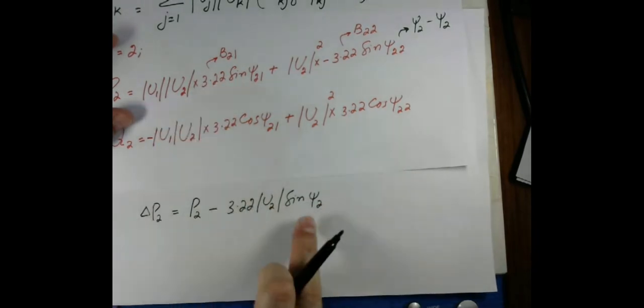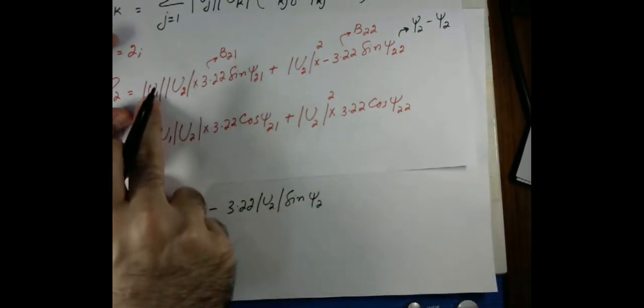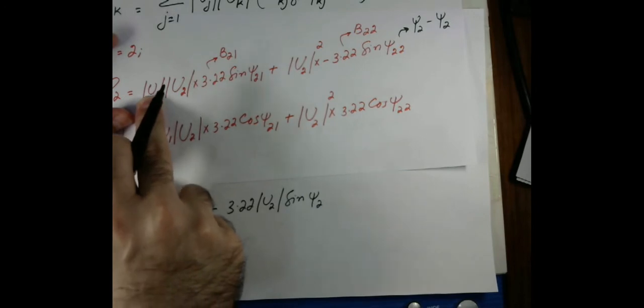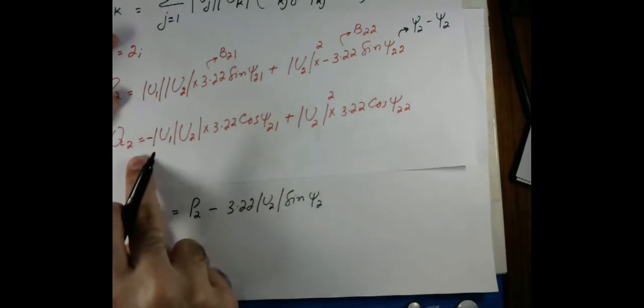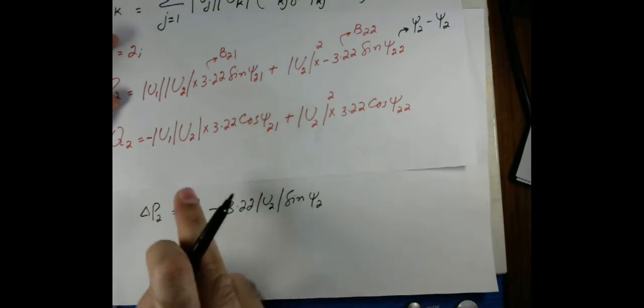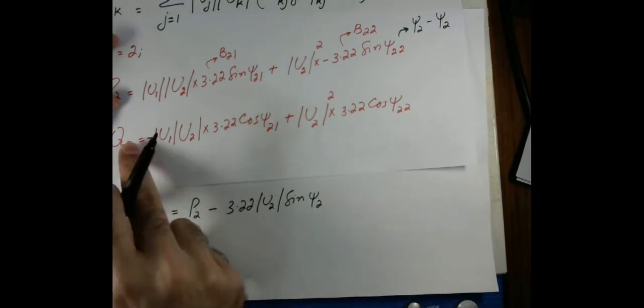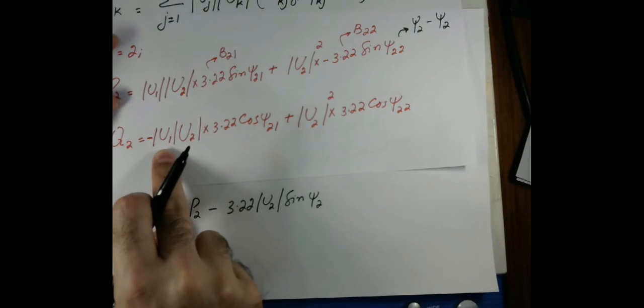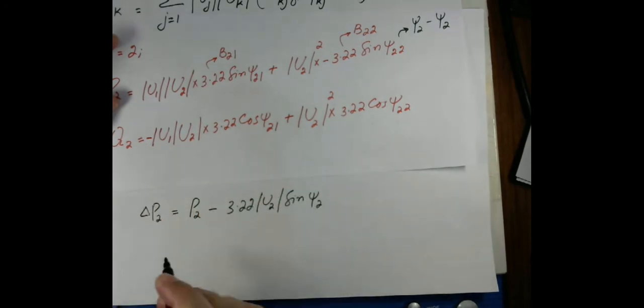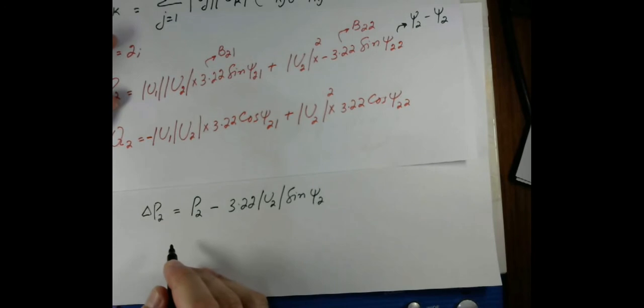So this term can be written because U1 is 1. Similarly, if one looks at Q2, as U1 is 1, delta Q2 can be written as